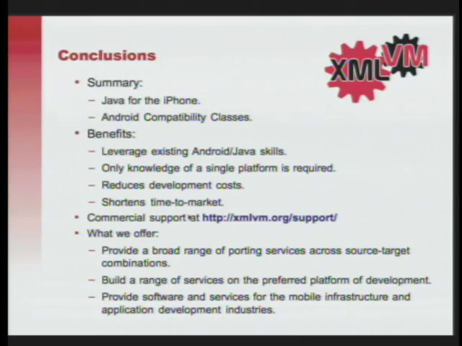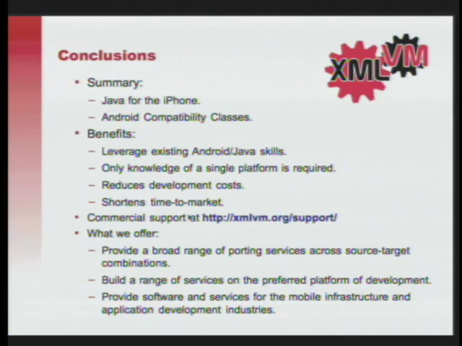Well, I come to my last slide. What I've told you about in the past hour is that we first added a Java layer on top of the iPhone, and then we created our own Android compatibility library to be able to cross-compile Android applications over to the iPhone. And I guess the benefits go without saying. First of all, we support the skill set of people.